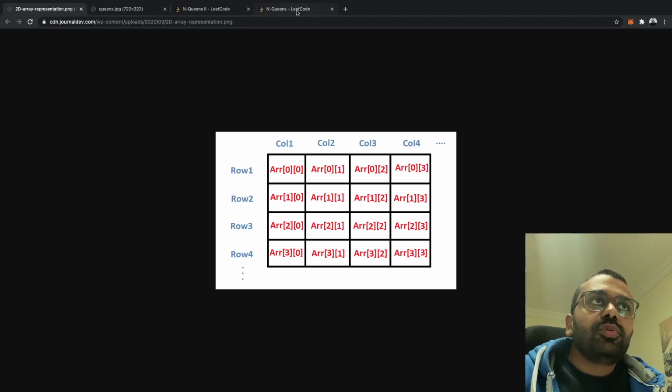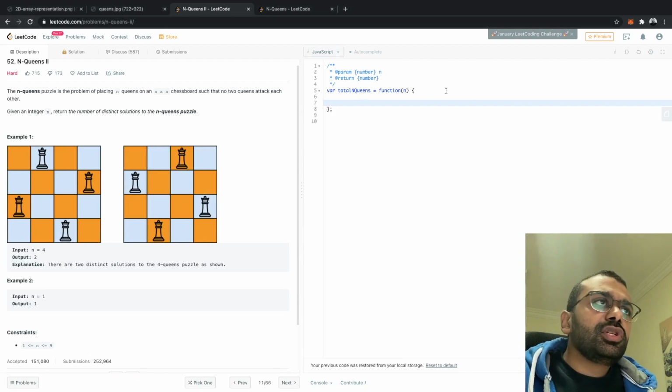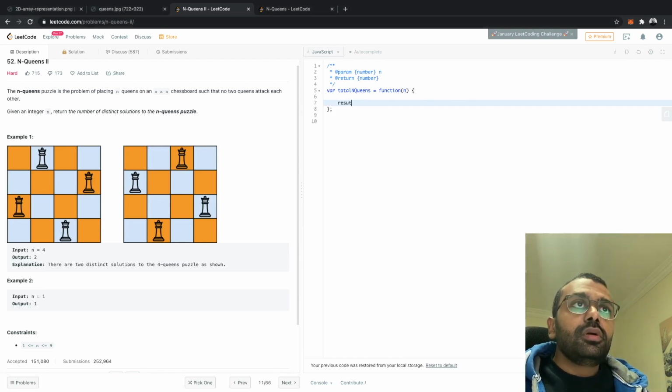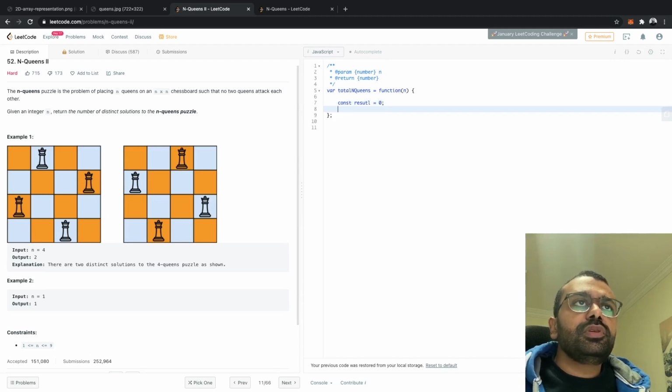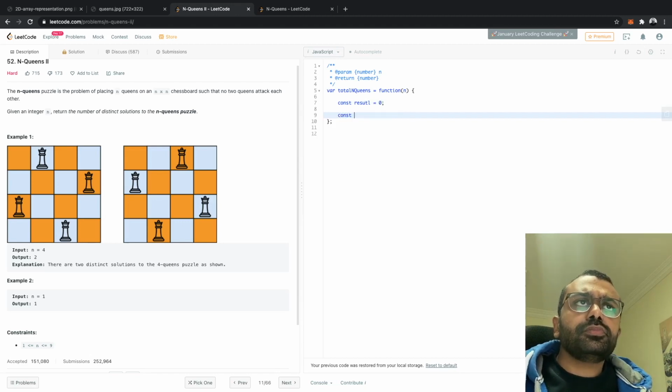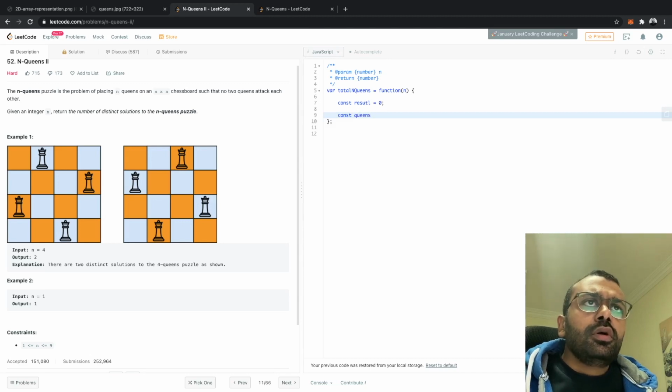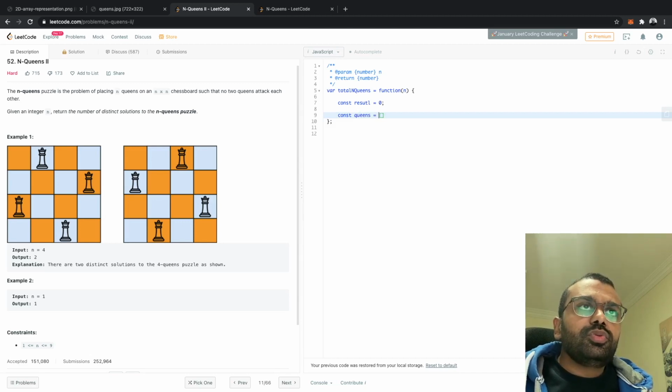So we will check it directly from this array. Okay, let's start. Actually, the result will be a constant result equal to 0, and we need to define our queens array, which will represent our queens and the solution. So we will create an array of n, and we'll fill this array with